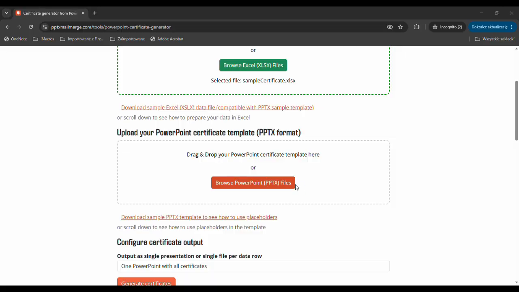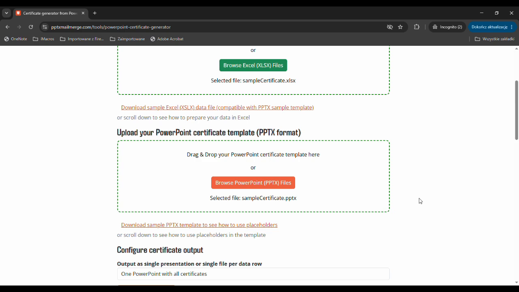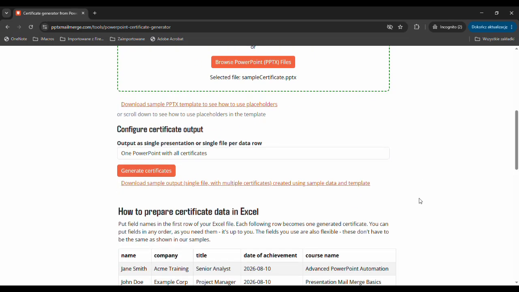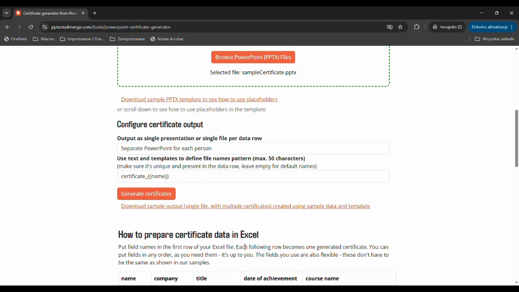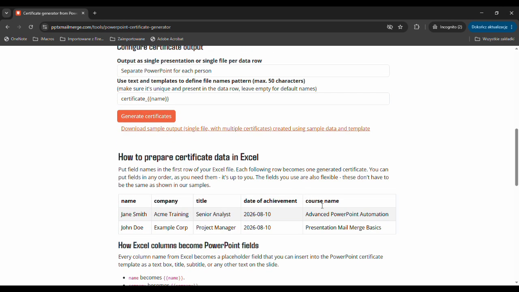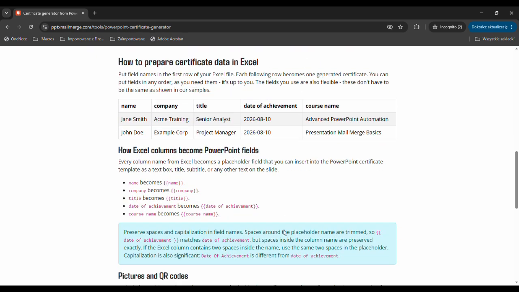With the data file and certificate template ready, we now need to head over to PPTX to complete the merging process and generation of certificates. To use our service, you need to register and log in first. There's a free tier for you to experiment. After logging in, choose the PowerPoint Certificate Generator tool from the menu. The form is pretty straightforward. Just upload the Excel data file, next the PowerPoint template,